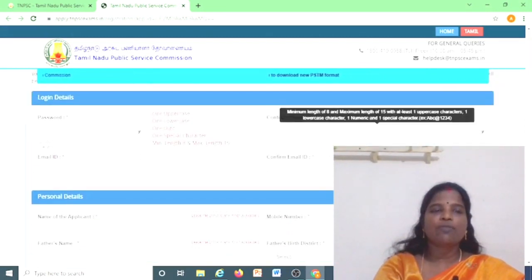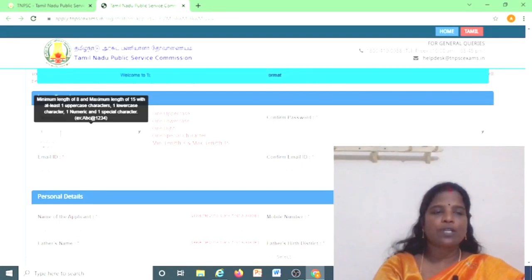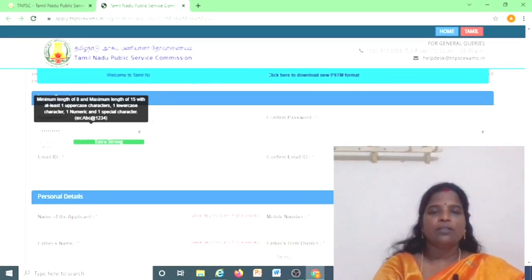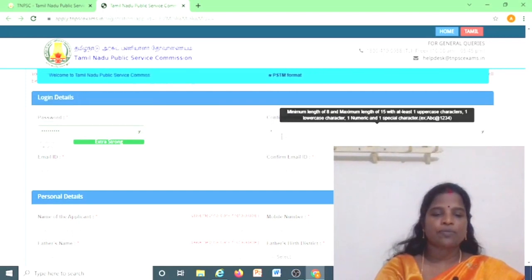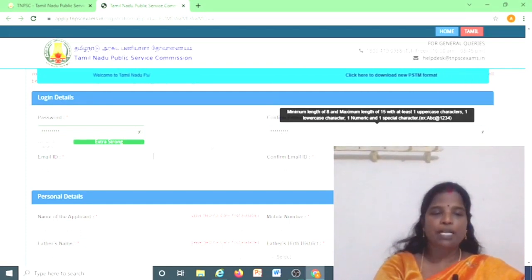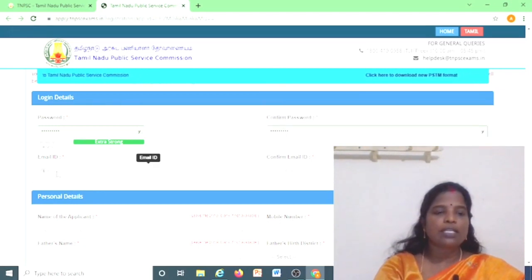So we have the login ID now. I created a password which is extra strong because I used a capital letter, small letters, and some numbers. That is why it is shown as extra strong. Now I will enter the mail ID.